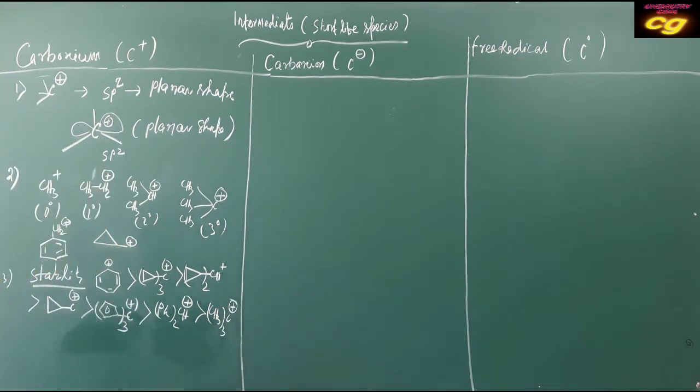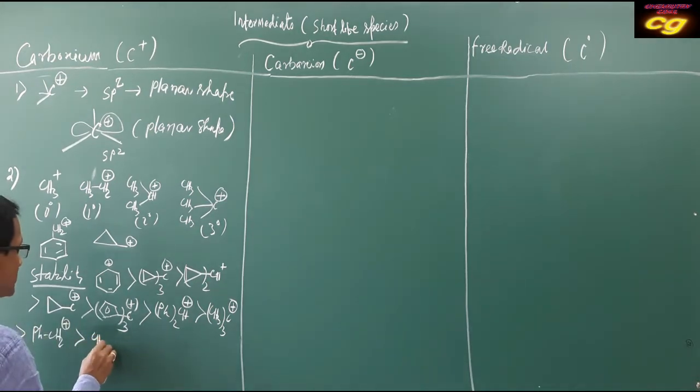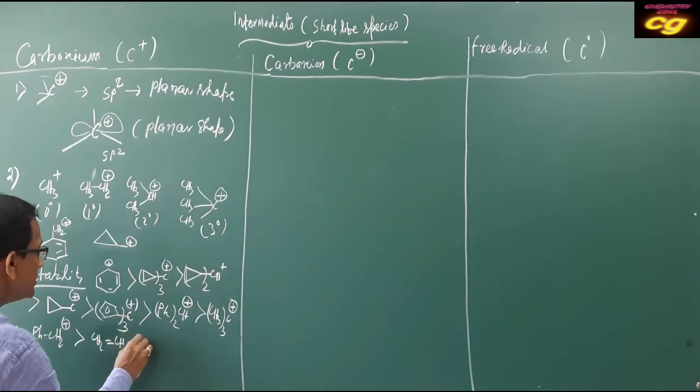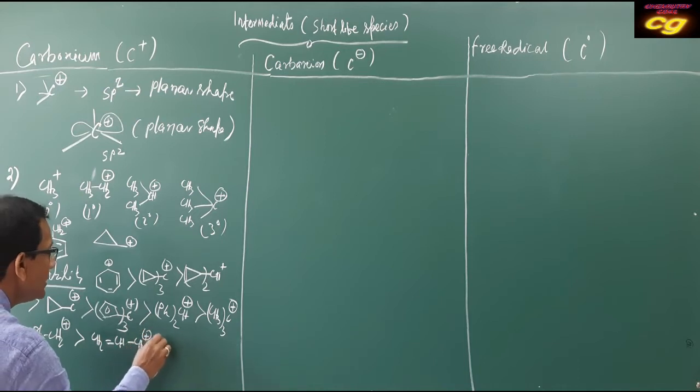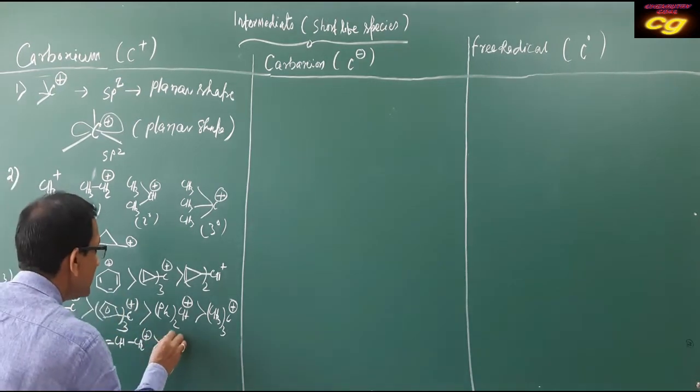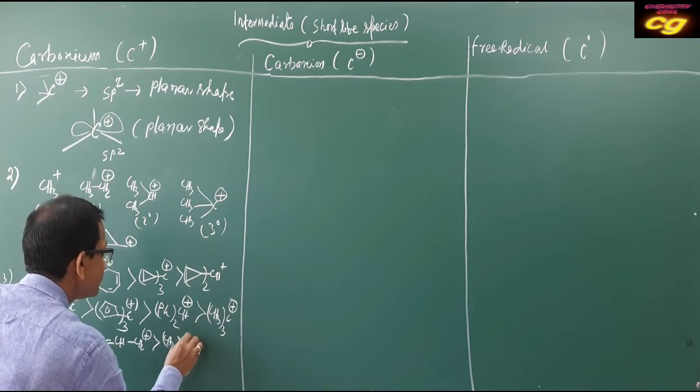This plus is more stable because of resonance, this structure, due to inductive effect and hyperconjugation. Ph-CH2 plus, that is benzyl carbocation, then allyl, CH2 double bond CH single bond CH2 plus, allyl carbocation, then secondary carbocation,